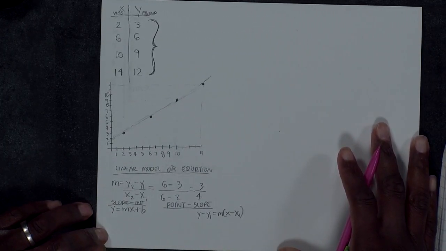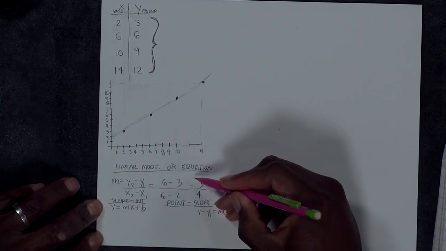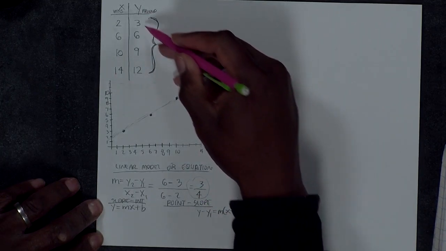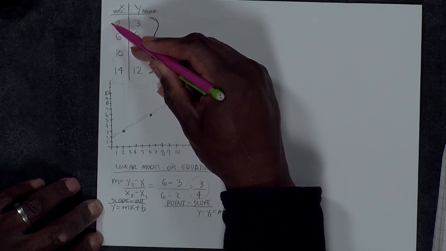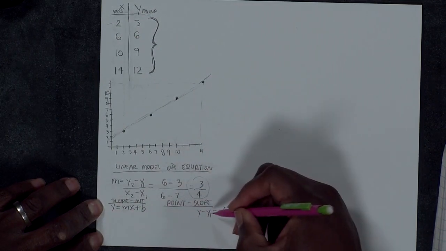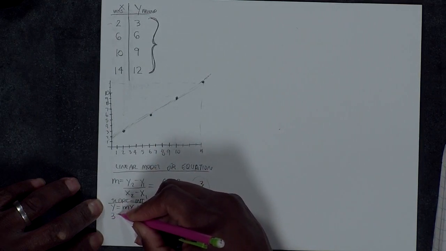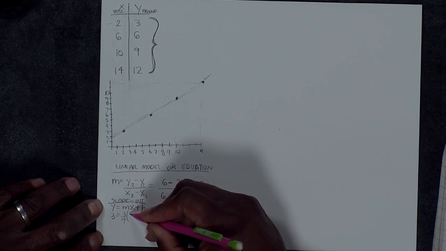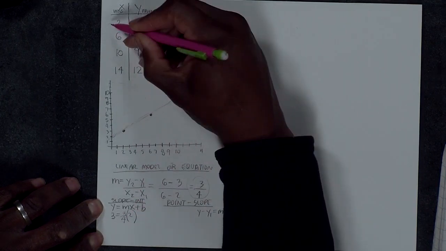So we've got the slope of 3/4. Now you can choose any point that you want. Let's choose the point (2, 3) along with the slope to find the y-intercept. So we have y is 3 is equal to the 3/4 times x, which is 2. We're using this point right here,